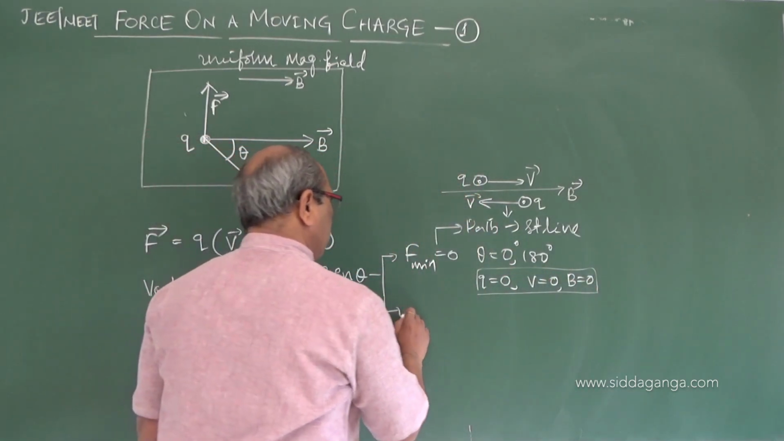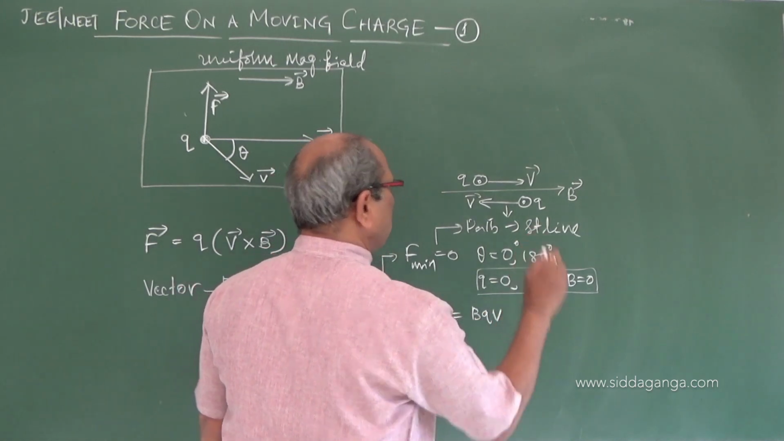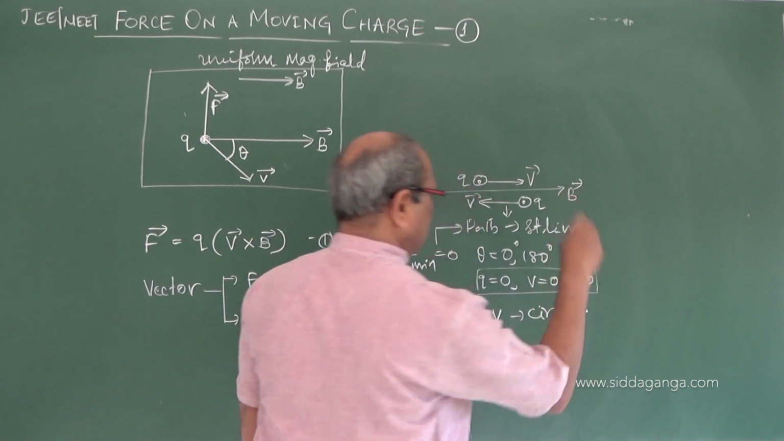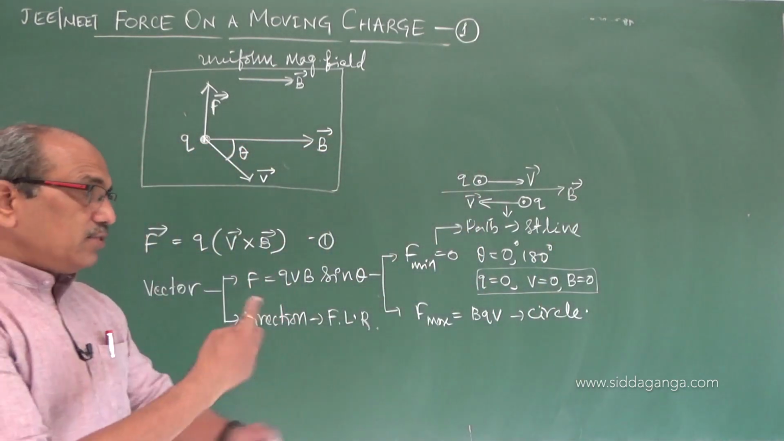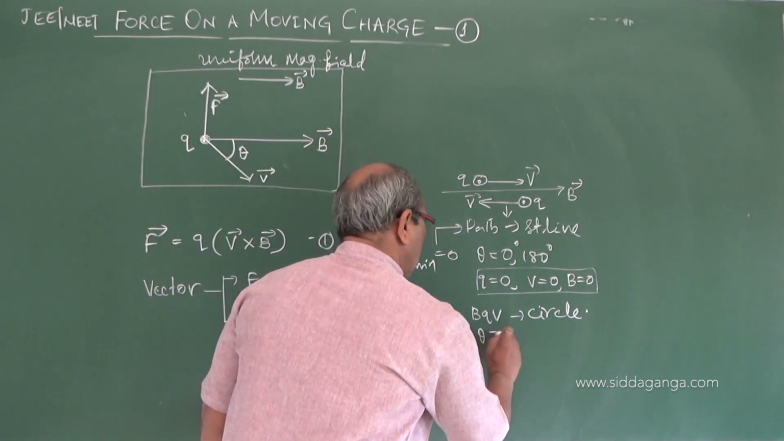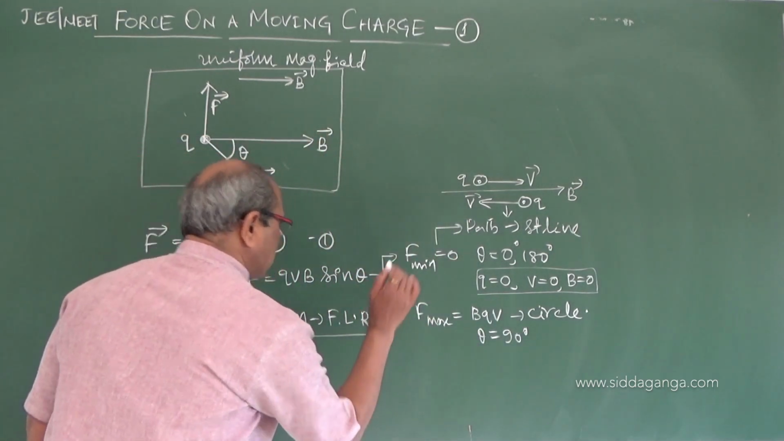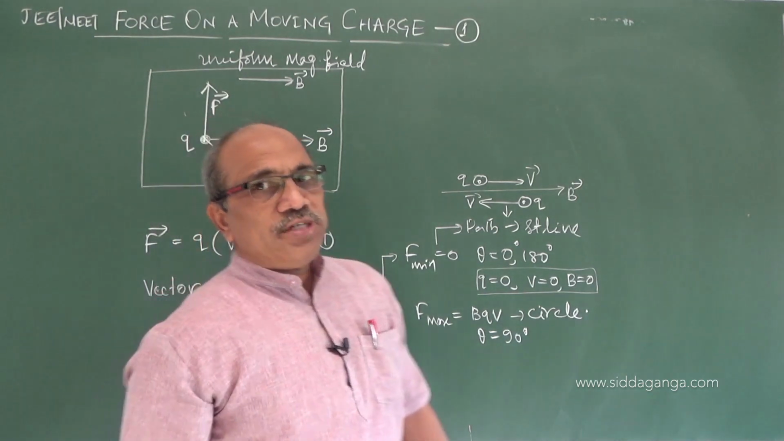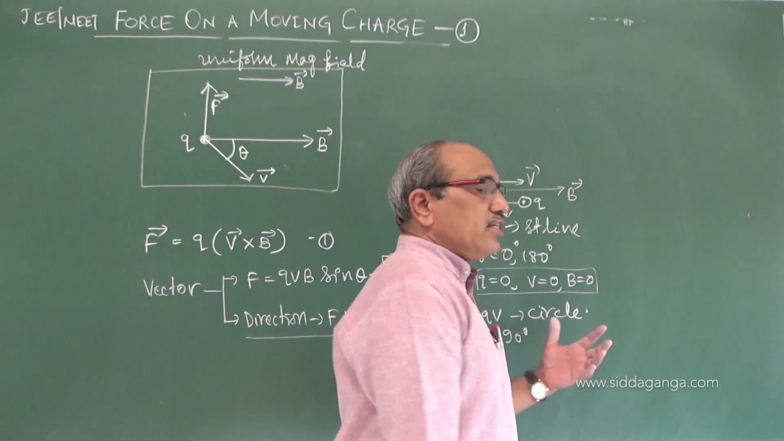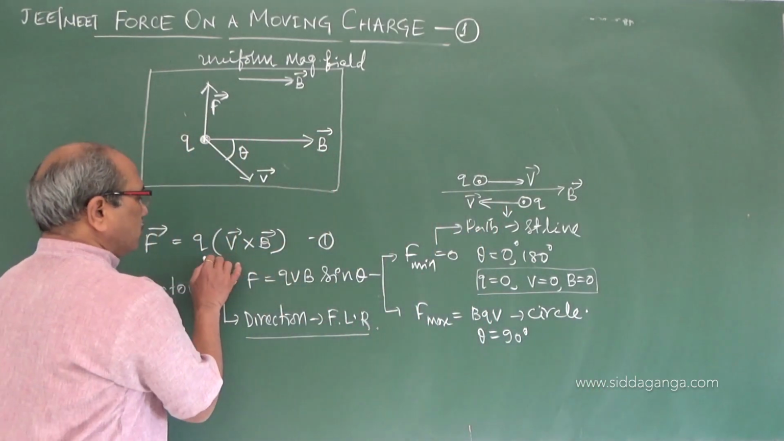Force is maximum, equal to BQV. The path it describes is a circle; I will take that case later. The path is a circle in the case of maximum force, when theta equals 90 degrees, as we just concluded here. Coming back to the direction: if it experiences a force while moving in the magnetic field, what is the direction of the force exactly? I already told you it is in a plane because it is a cross product of V and